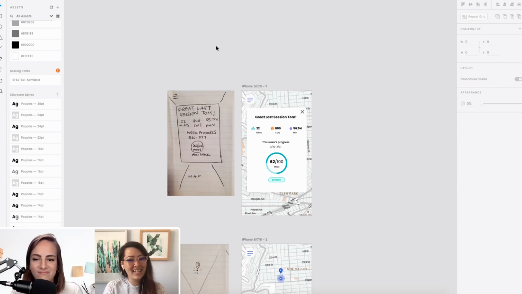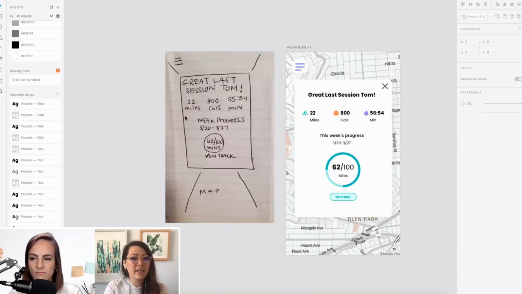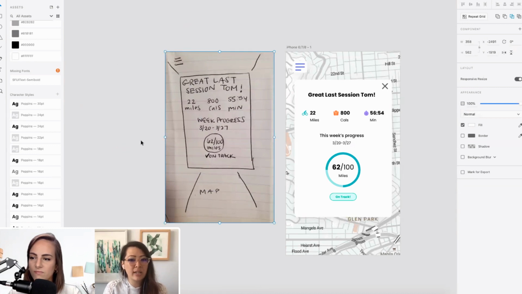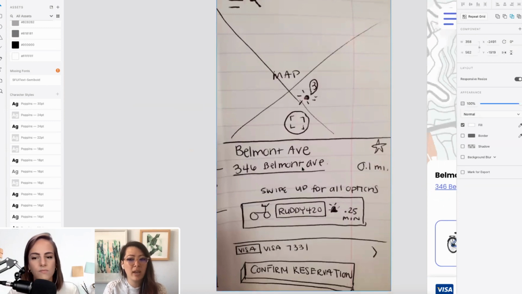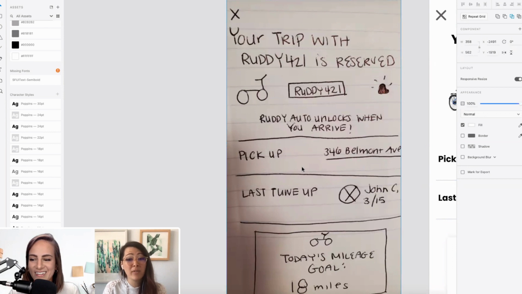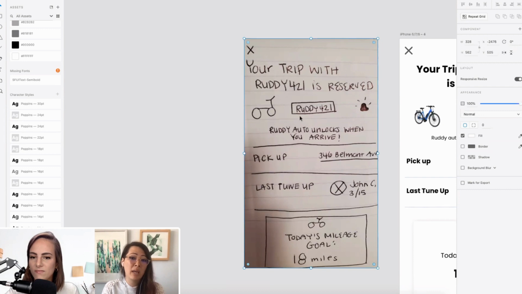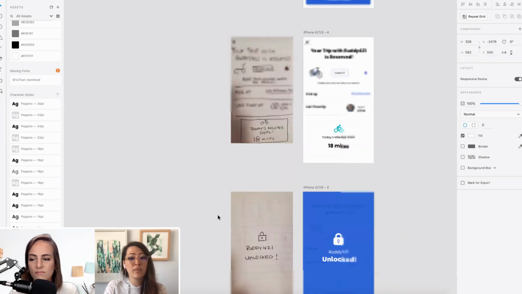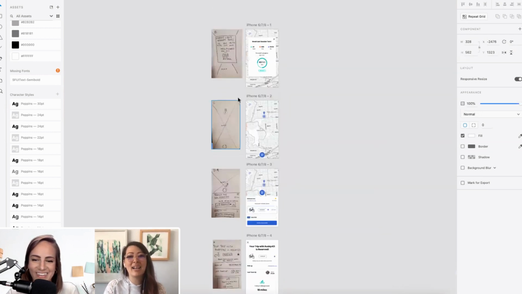Yeah, thanks, Andrea. So yesterday, what we did was we took all of my sketches. These are my initial sketches, which I'm going to call my low fidelity. You can see, you do not have to be a good drawer to create low-fi wireframes. And actually, in my classes, we test with low fidelity paper sketches. This is enough to start getting feedback from users. So this is great to begin with. If you can only get this far, that's great. But today, we're going to move on from that.